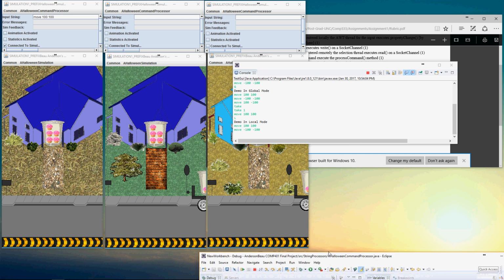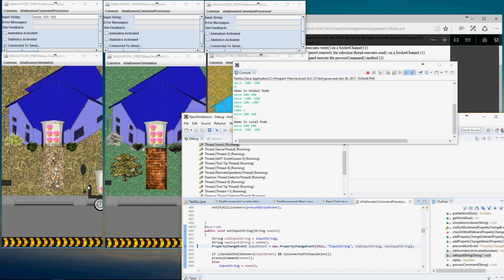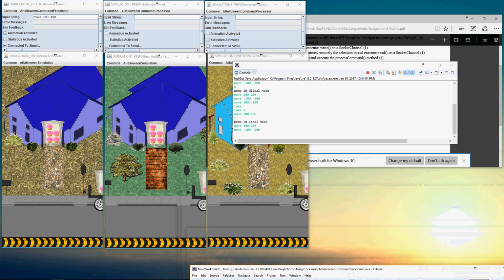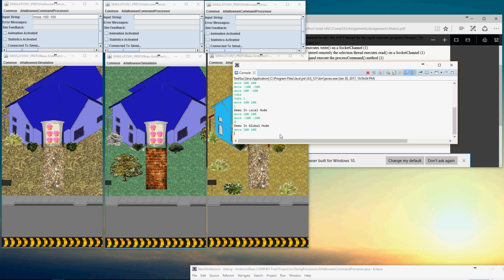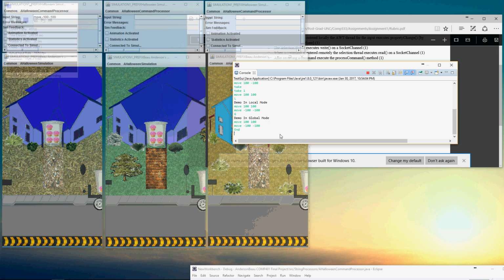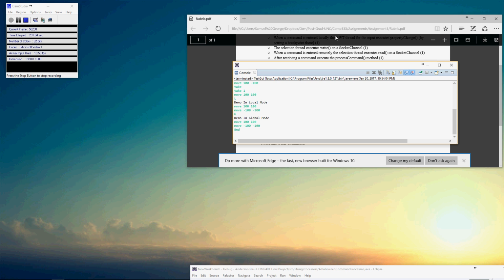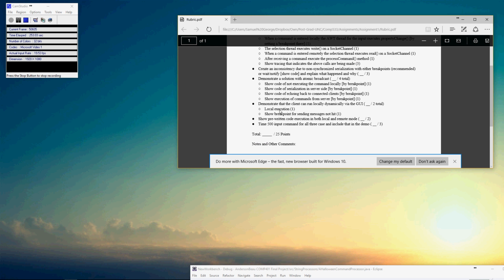And we're waiting for the property change event down here again. And we move back. And then we can put it back into global. And they all move. All right, and then if we type end, that closes everything. All right, so that illustrates local execution and also showing that the message for breakpoint for sending messages is not